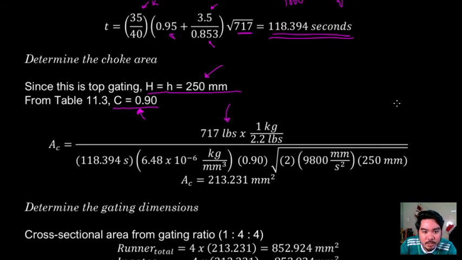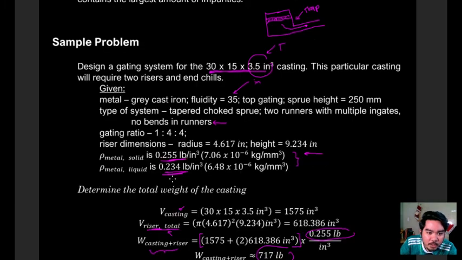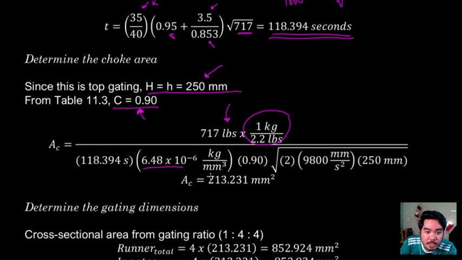Kasi if you look at this, this is in pounds, so there is actually no need to convert this into kilograms, no? Tapos ginamit yung density in kilograms because the density was also given in pounds, no? Okay, so pwedeng hindi na necessary tong part na to. So instead of using this 6.48, pwedeng gamitin mo na lang is etong pounds para makuha mo in